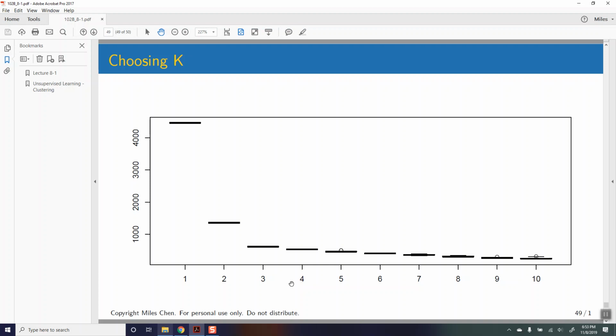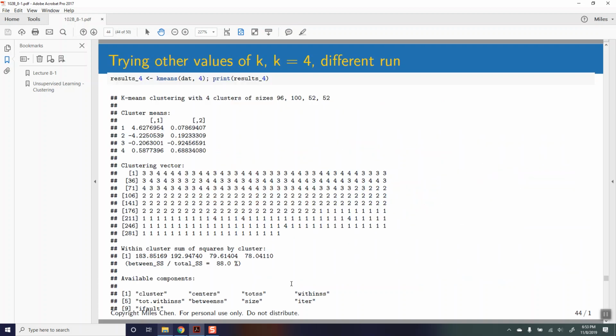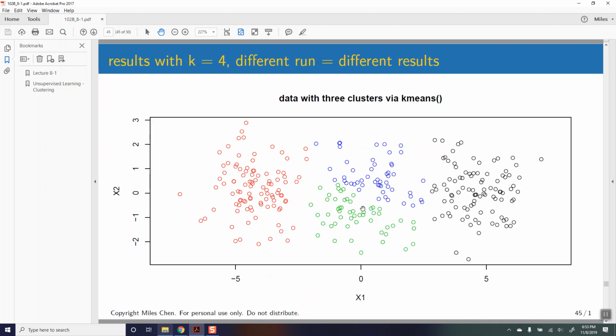Can you just say anything after 3 is just splitting hairs at that point? Like you're making a distinction where there really isn't that big a distinction. Okay, so the question is, is the green group different from the blue group? Very different x2 values. Yeah, so the answer is, yeah, they're different. But